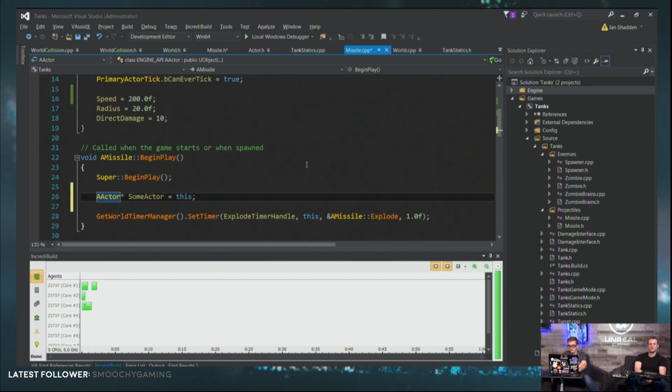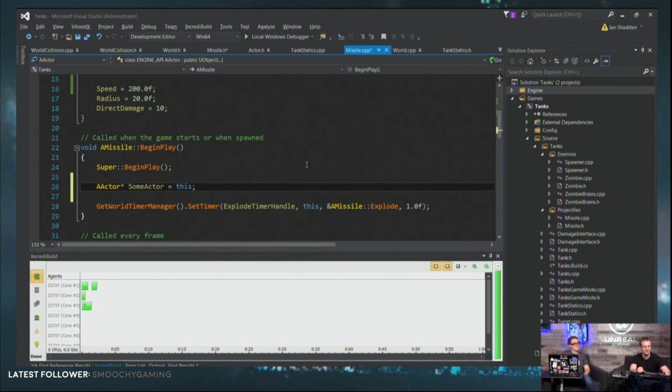Pointers don't change in size based on what they're pointing at. They're just the size of a memory address, which is generally 4 bytes. So it doesn't matter that missile has a slightly bigger footprint than actor due to having extra variables. That's not a problem at all. This is just the pointer to it. And this means that I could take a list of actors and it could contain any kind of actors I want. Pawns, characters, missiles, tanks, zombies, anything. And they can all be referred to as AActor because that's the parent class. And any AActor functionality like GetActorLocation, I can call on that.